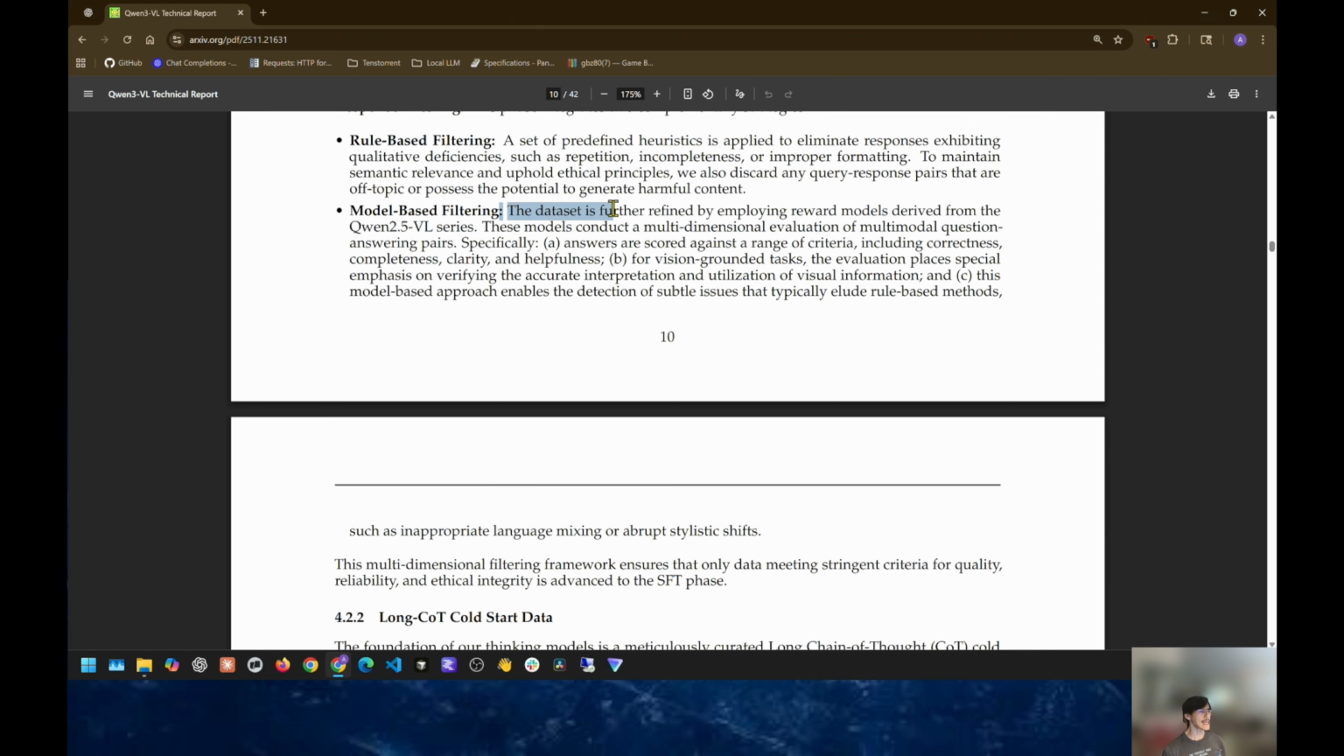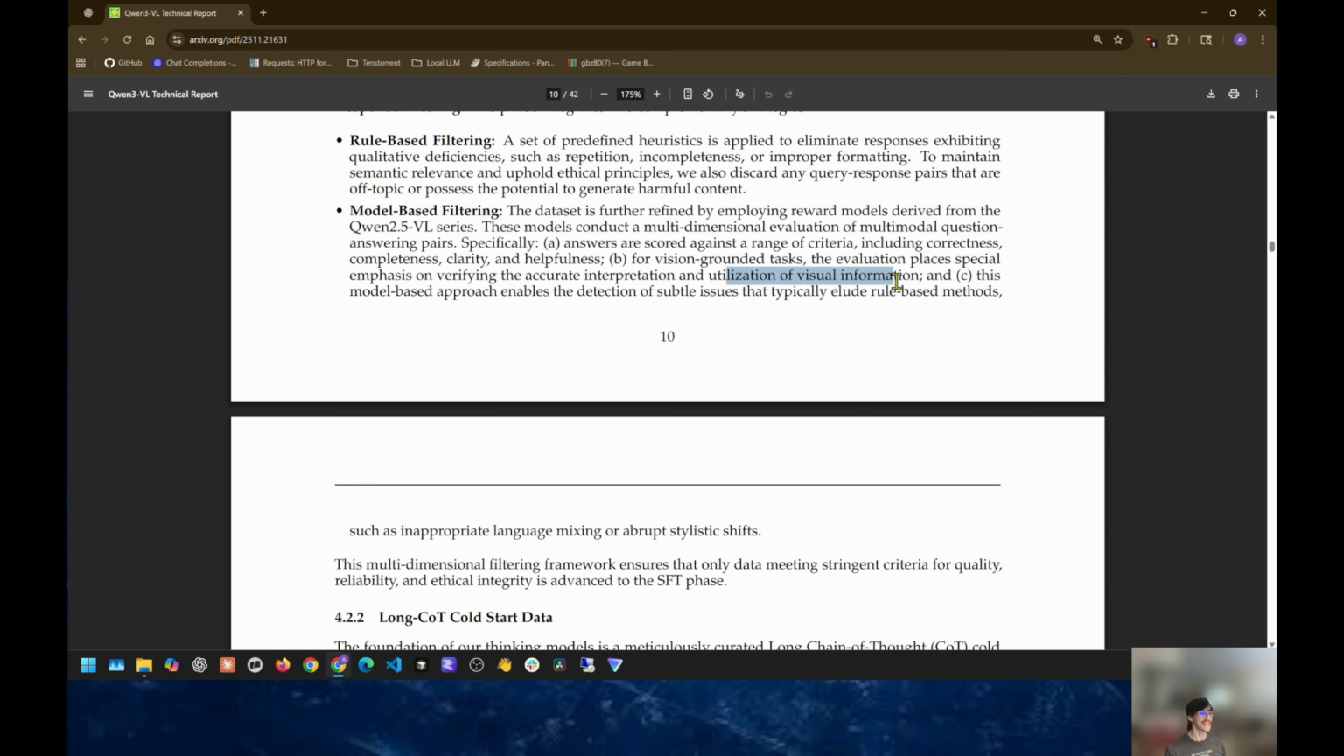The dataset is further refined by employing reward models derived from the Qwen 2.5 VL series. These models conduct a multidimensional evaluation of multimodal question-answer pairs. Specifically, answers are scored against a range of criteria, including correctness, completeness, clarity, and helpfulness. For vision-grounded tasks, the evaluation places special emphasis on verifying the accurate interpretation and utilization